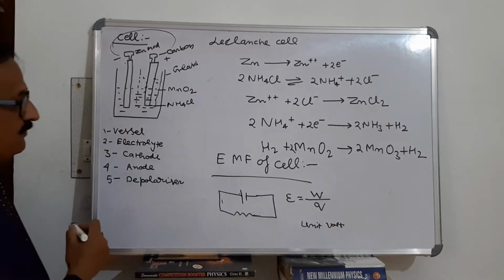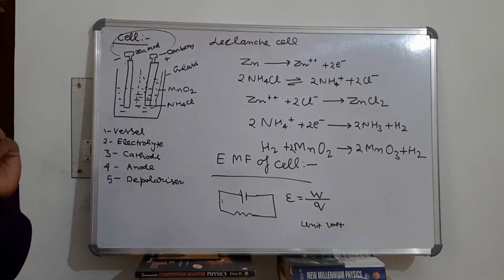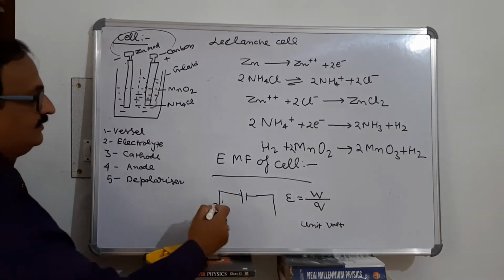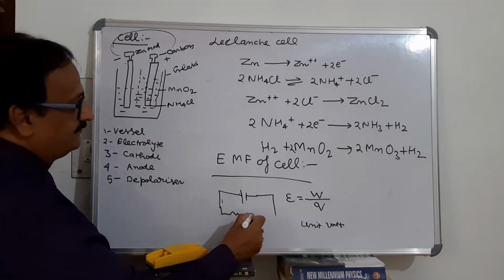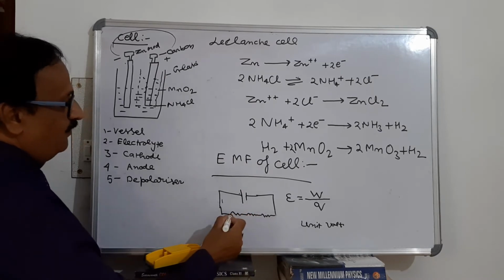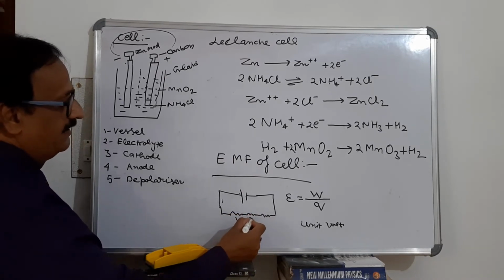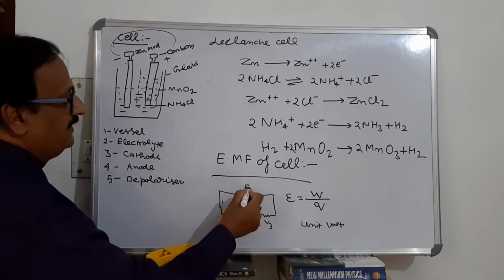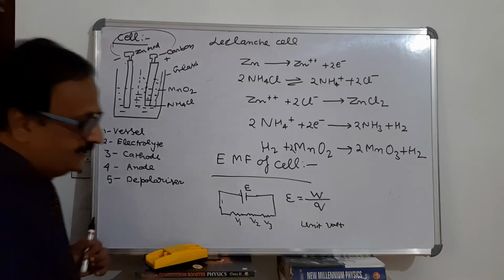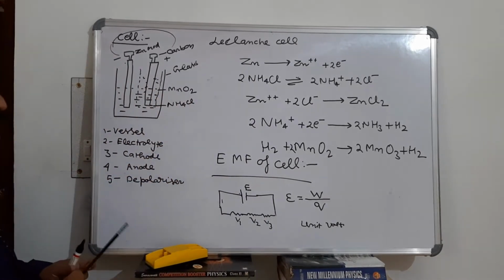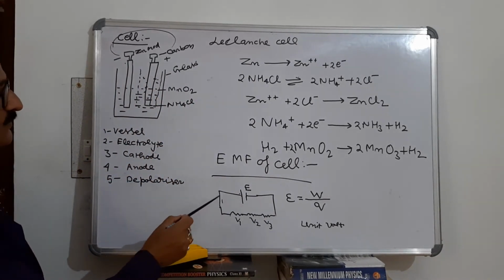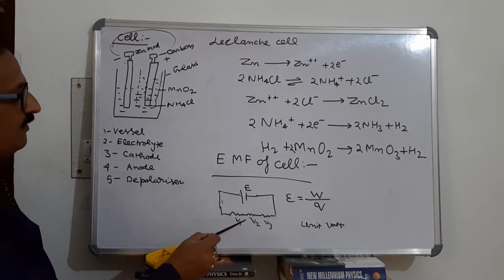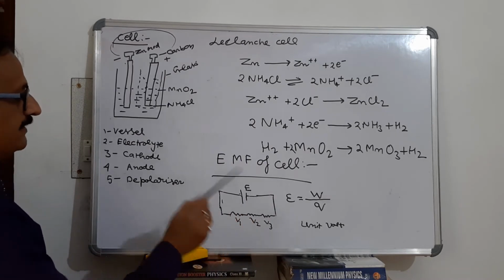And one thing I would like to clear is the difference between EMF and potential difference. Suppose there are 3 resistors here. The potential difference across this resistor is V1, across this resistor is V2, across this is V3, and the EMF is E. Then EMF means the work done in moving unit positive charge from this terminal to this terminal. Means E is the work done in moving unit positive charge throughout the circuit.